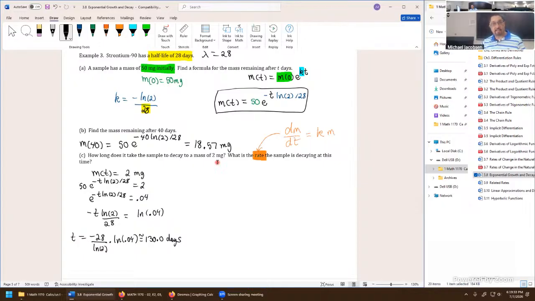Well, the rate at which it's decaying is rapid at first because in the first 28 days, 25 milligrams of it vaporizes. But once we're at 130 days, the rate at which it's decaying is much smaller because now there's only 2 milligrams remaining at that time. So the question now is, what is the rate? And that's the second part to this problem. Usually if this was an exam question, I think I'd make that part D. But any questions at all, folks, getting through the first part of part C?